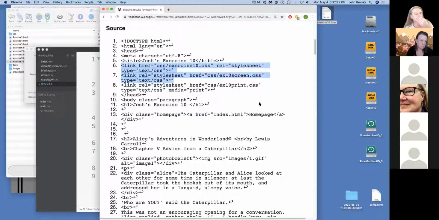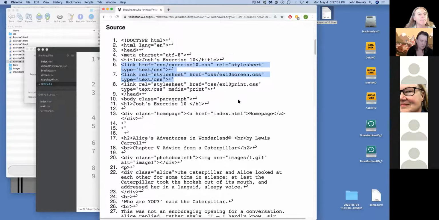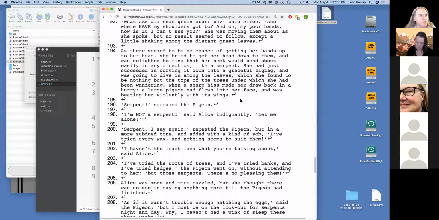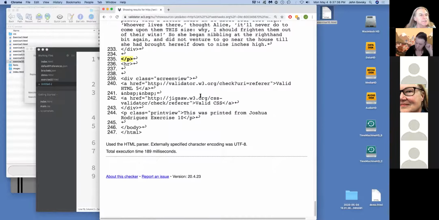Yeah, it does kind of make it a little trickier depending on where the conflicts are between the style sheets. So let's look at your classes. Where did you indicate what you want to appear when it prints? All the way at the bottom. So you've got the print view class, as I had used in a demo, and you have a screen view class. All right, and the screen view is the validator buttons, and the print view is the statement that it was printed. Perfect, looks really good. That's exactly correct. Nothing wrong there at all.